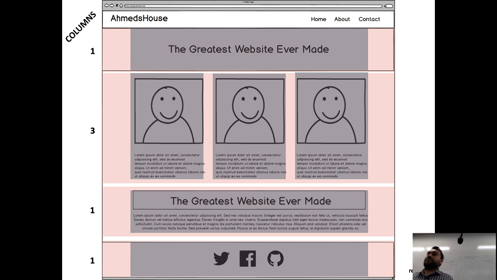Yes, George, it's a quick question. Let's say you change the content or the font for the section, then it's going to change for everything in the column, correct? Let's talk about the third row, the greatest ones that ever made. Let's say you just make a change for it, but they're in different rows. It's going to change the top one, but not the bottom one. Yeah, it won't change the bottom one if they are in different rows. If it's all in the same row, it has the same correlation.